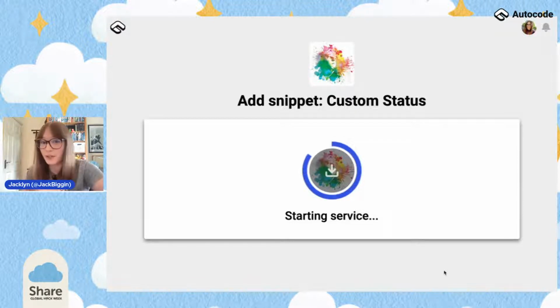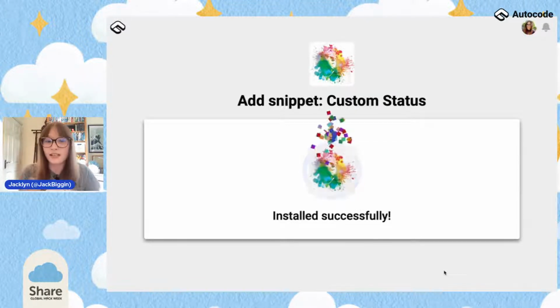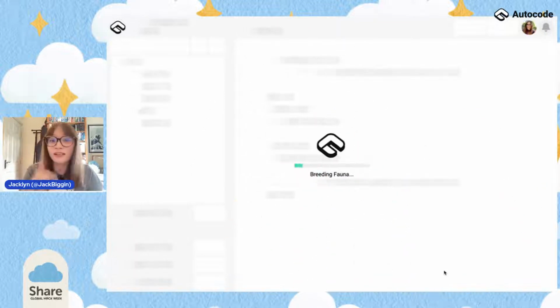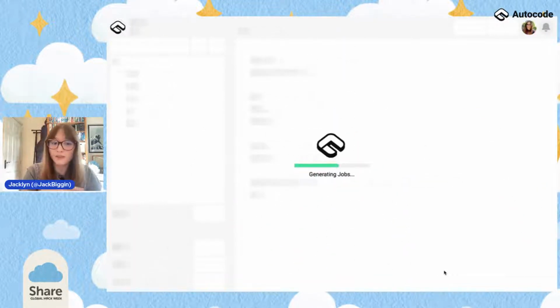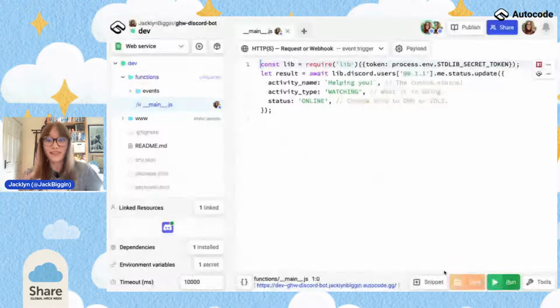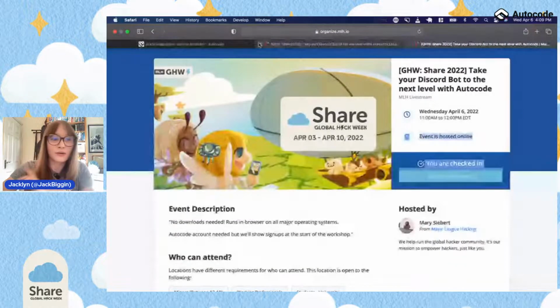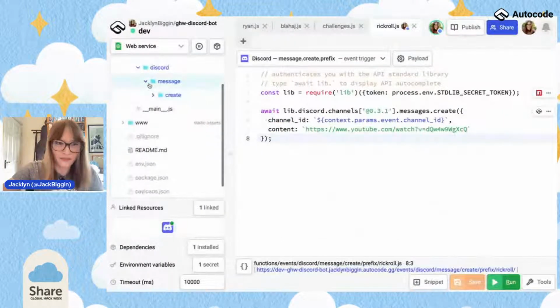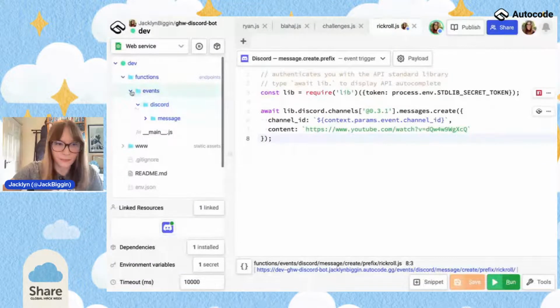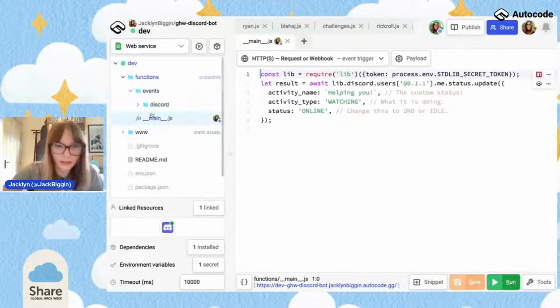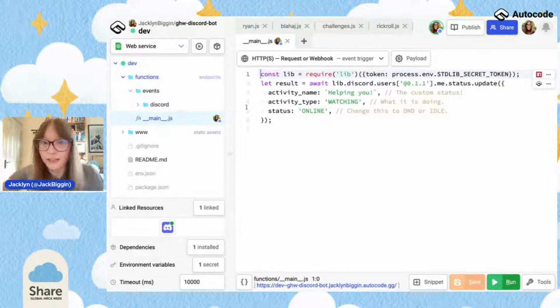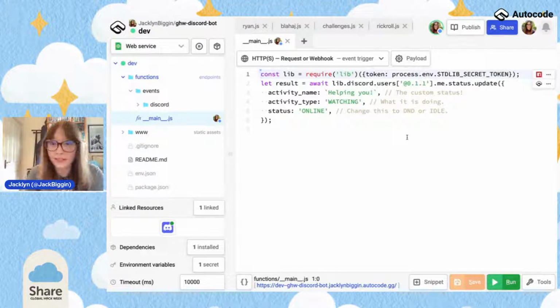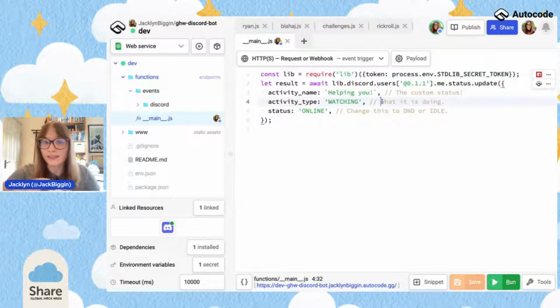And the reason why this is really cool is because someone else in the Autocode community has written this code for us, which means we don't have to write it again and again. Think of it as open source, because it is open source code that you can use in your project. So you'll see there, if I go to, well, it'll be hiding in here somewhere. Yeah, here we go, in this main.js. I now have an endpoint. This is an API endpoint. If you've worked with APIs, you'll know this. That lets me set my bot status.